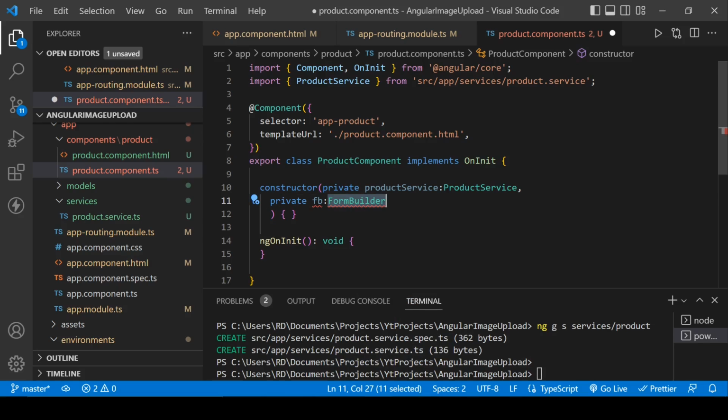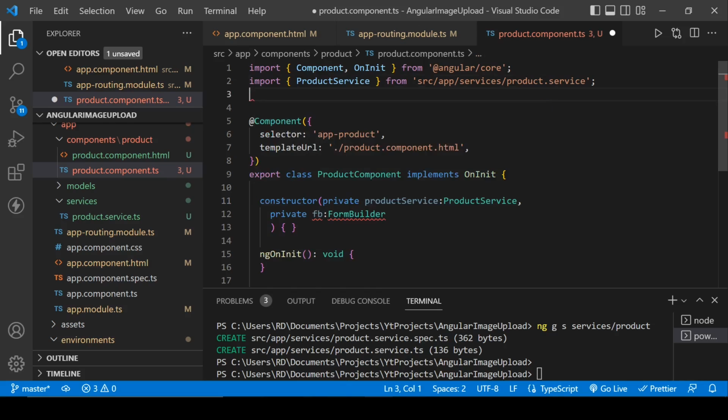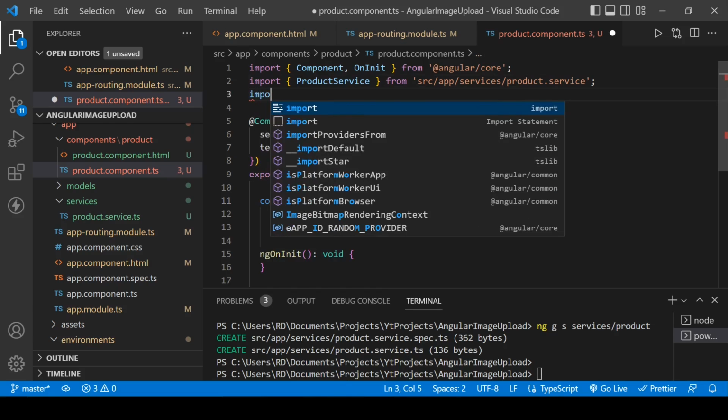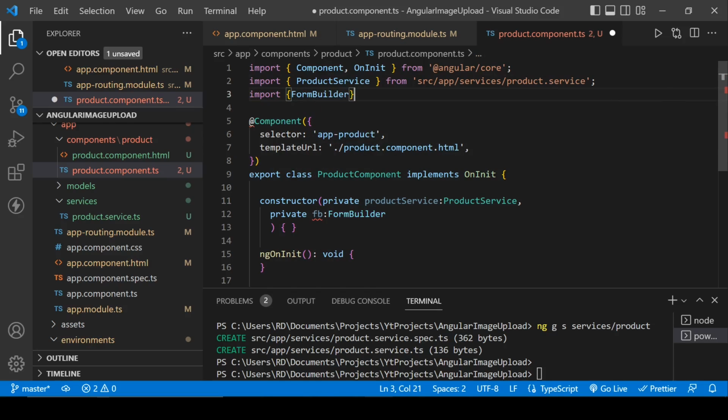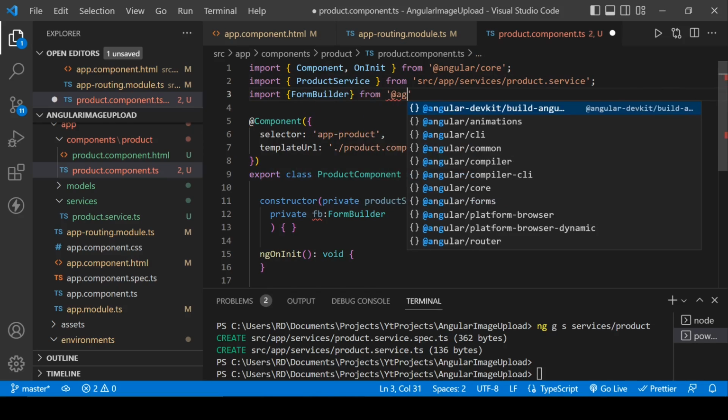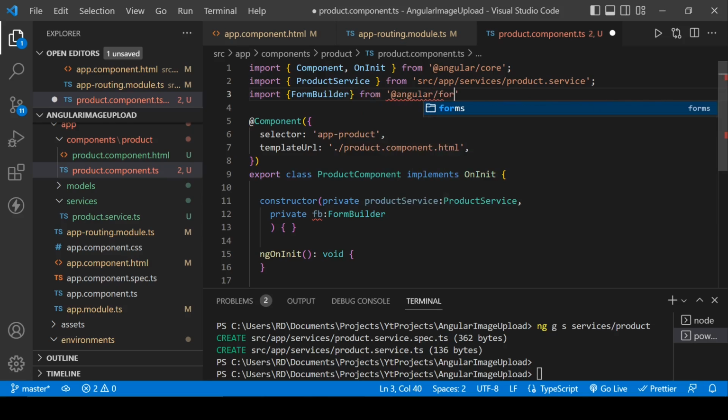Okay, let's import it here. So import form builder from @angular/forms,